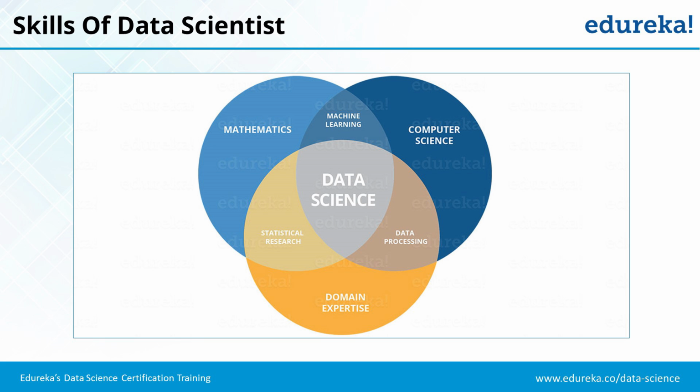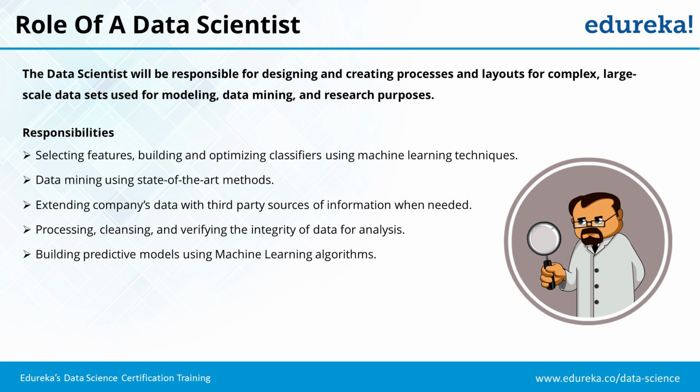Okay, so I will move on to the roles of the data scientist, the different roles that are played by the data scientist. What are the different responsibilities of a data scientist? The data scientist is responsible for creating a lot of rules. He's the one who creates those data models that lay out the results for complex large-scale data sets. There are large data sets that cannot be processed easily, and on those data sets, the data scientist will be doing a lot of data modeling, data mining, and research, and coming out with interesting insights from that data.